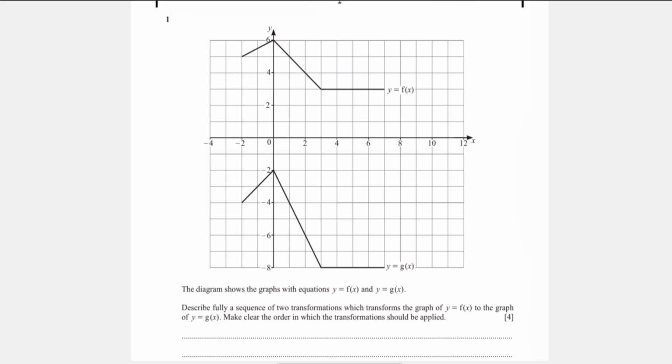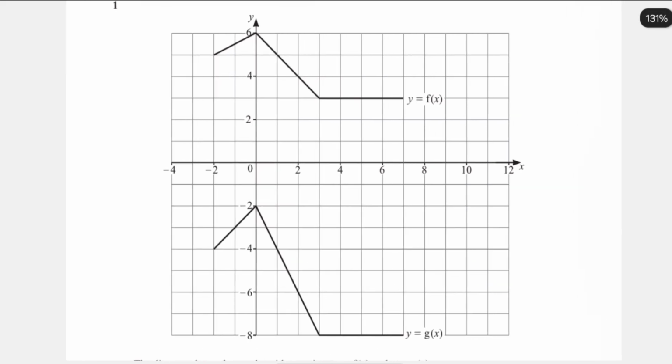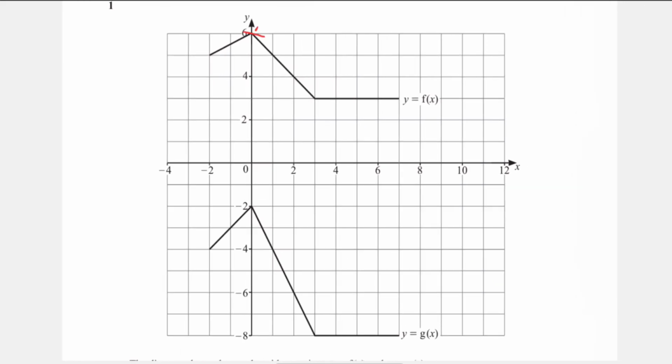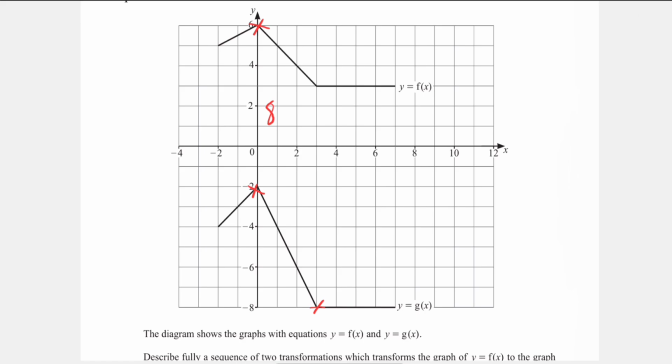Right? So just by looking at this diagram, I can see that for us to go from f of x to g of x, we have to move downwards. So if I'm looking at this coordinate right here and this one, I can see that there's a difference of 8 units. But if I look at this one and this one, that's 3 and 8, there's a difference of 11 units, right? Which tells me that there has to be something like a stretch, right, that came after moving down,